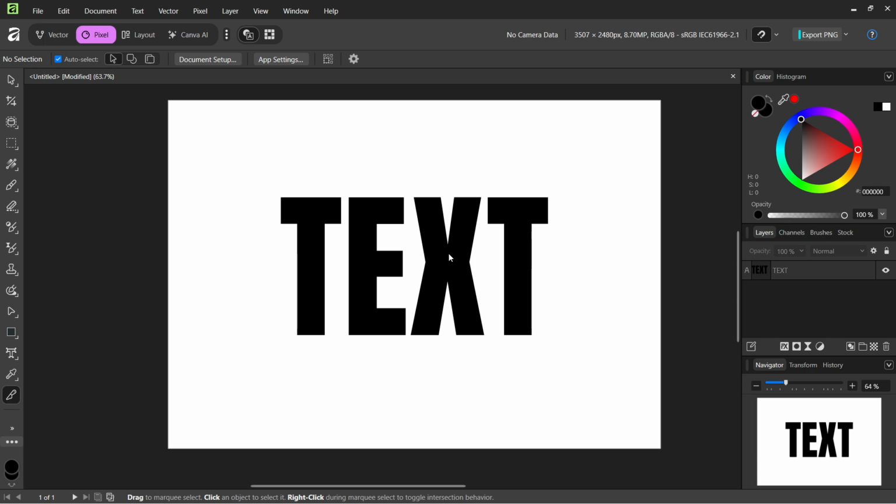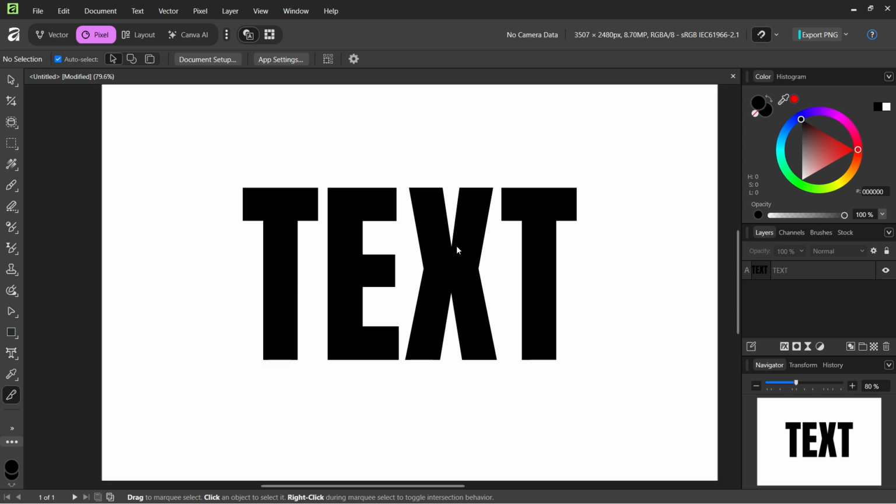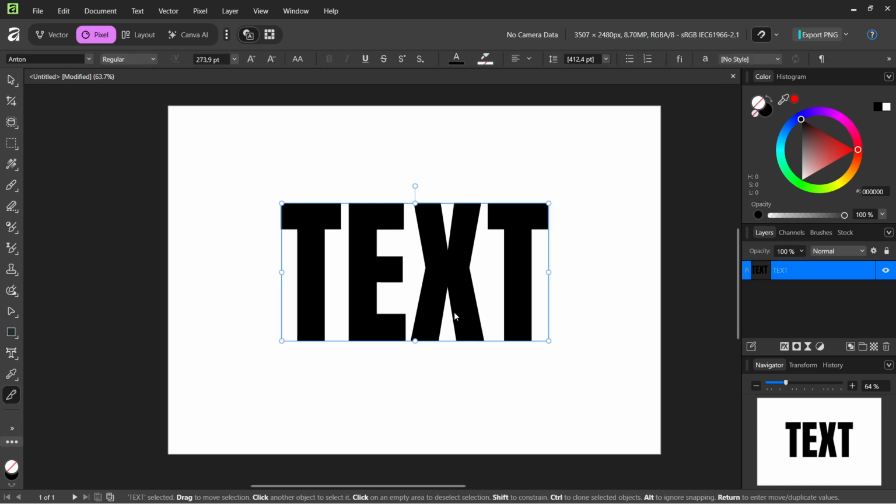Now when you do this, of course you will need some text on your screen. This is going to look the best with chunky bulky text, but of course you can do it with any type of font, so it's completely up to you. I'm just going to use this text over here in the Anton font, and then you want to select that,